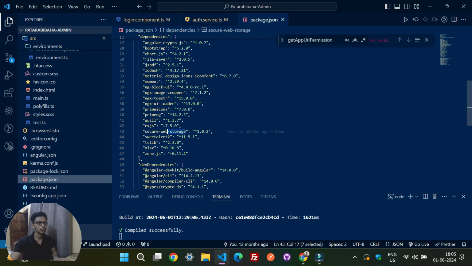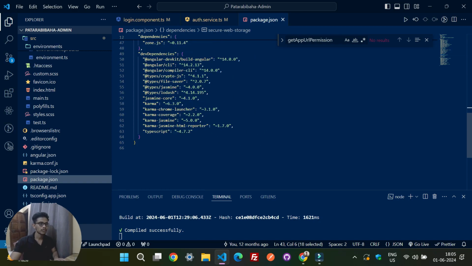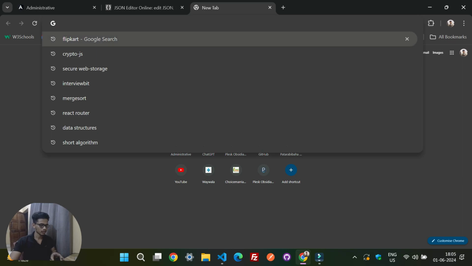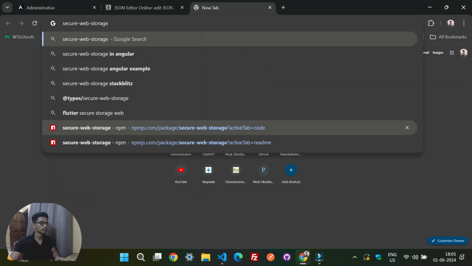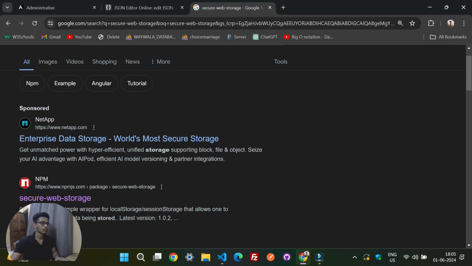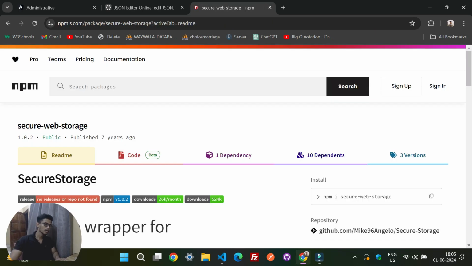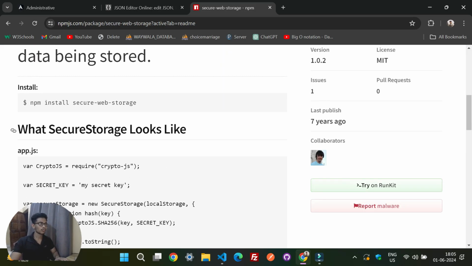We have to install two libraries: one is secure web storage, and the other is CryptoJS. If you search for secure web storage in the browser, you will find the documentation here, showing how you use this package.